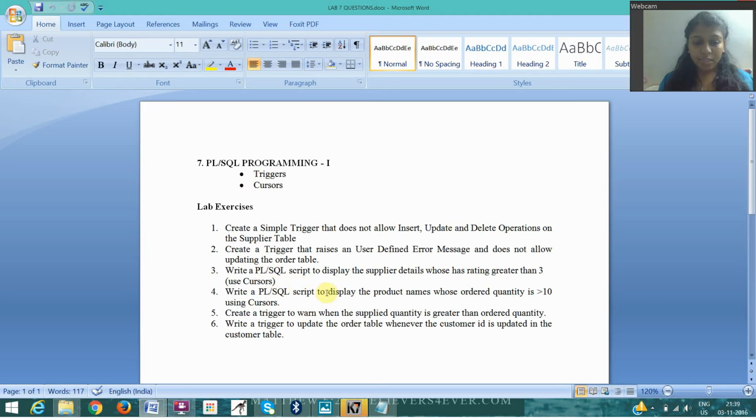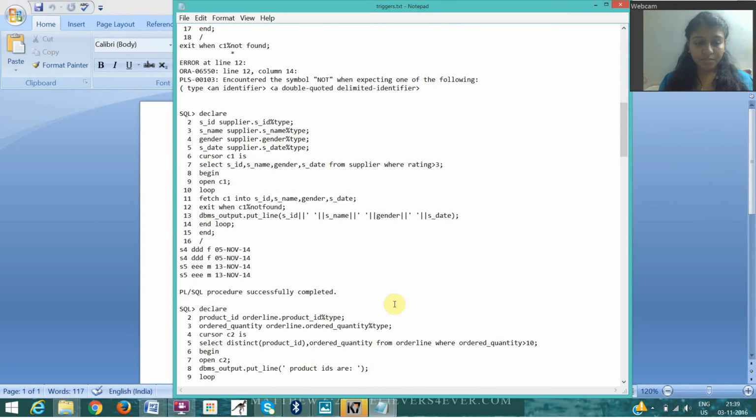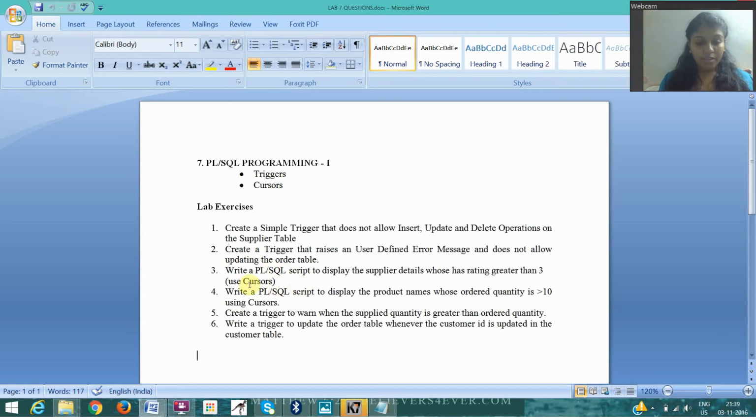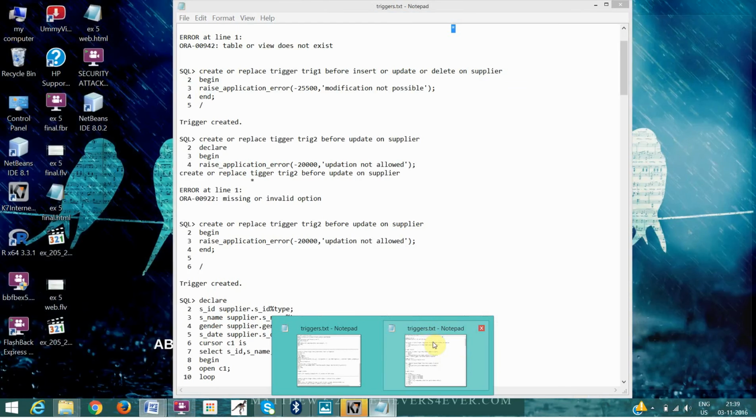The third is to write a PL SQL script to display the supplier tables who has a rating greater than 3. So as you can see here, this I am supposed to do with cursors. So for cursors, first I'm going to initially